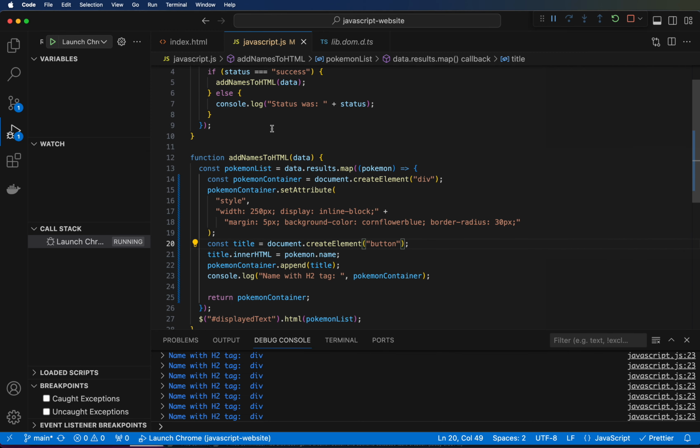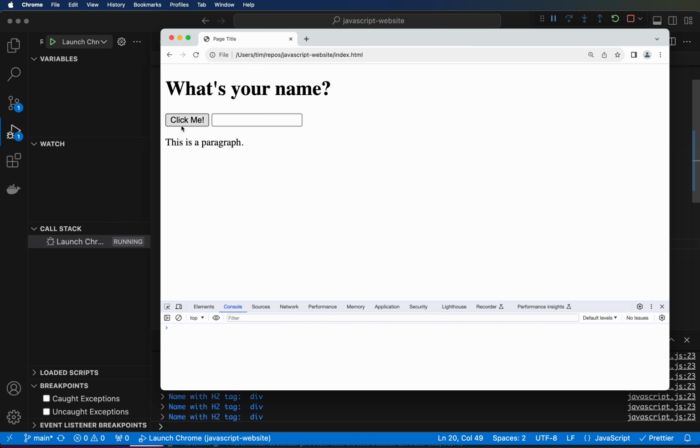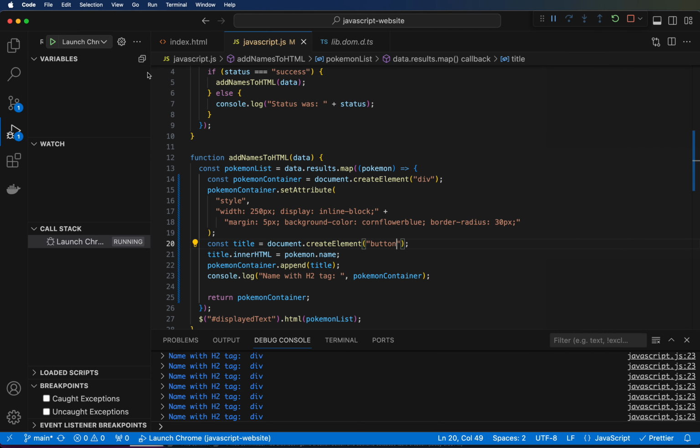Whereas our main button, as you know, this button, if you click it, it does do something, right? If we hit refresh, this button does something because it has an on-press on it. These buttons don't have an on-press. So the way we would add an on-press would be a set attribute, but we're not going to do that right now. I think that's good for now. So let's go ahead and